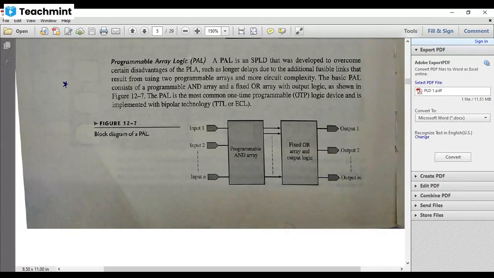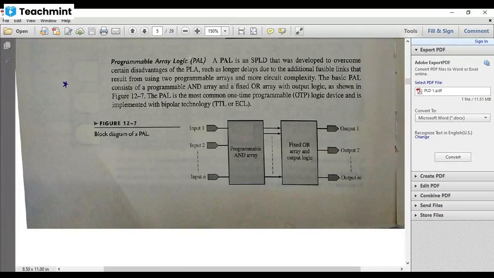Now, all these are programmable array logic. As I told, it is OTP. OTP means one-time programmable. It is not a one-time password, which we already know in this smartphone era, but here OTP means one-time programmable. That is, whether it is the PROM, the programmable logic array, or the programmable array logic, all are one-time programmable. These are the OTP devices.